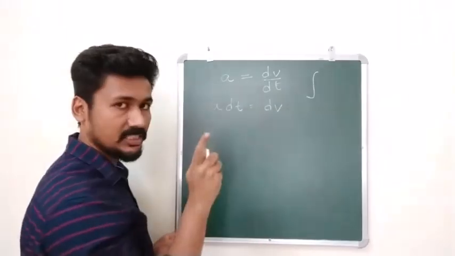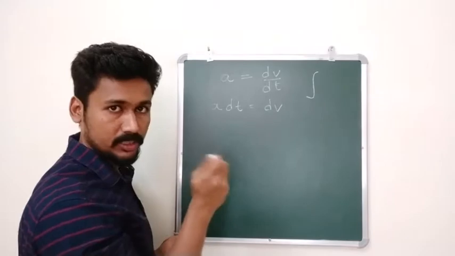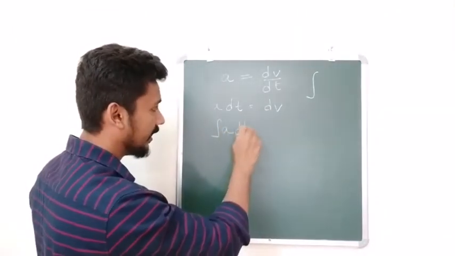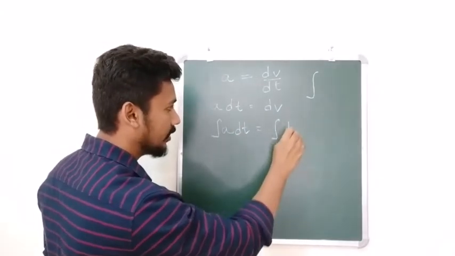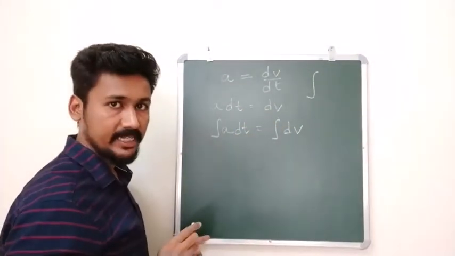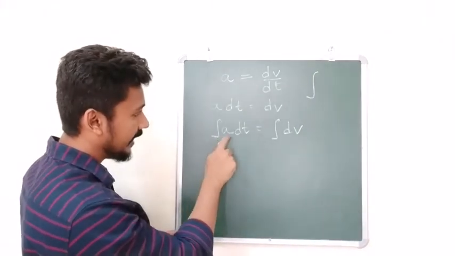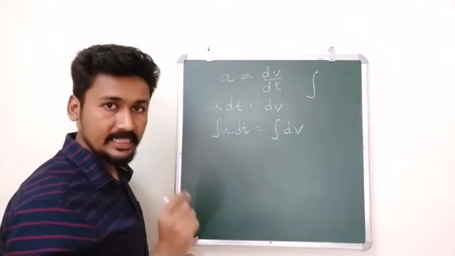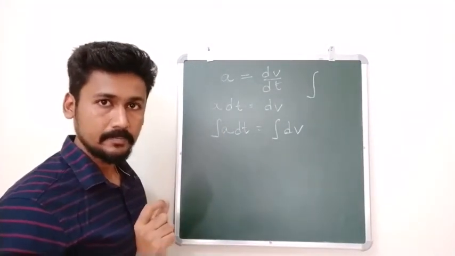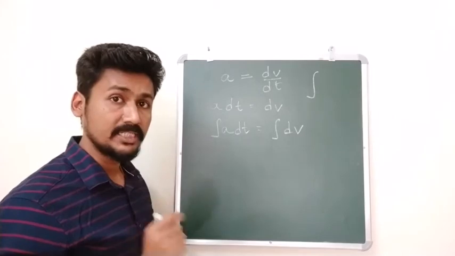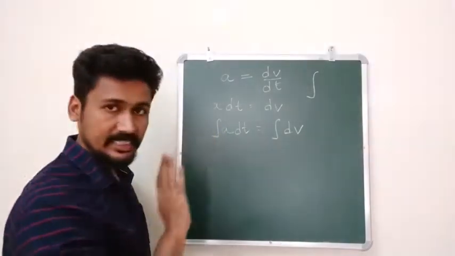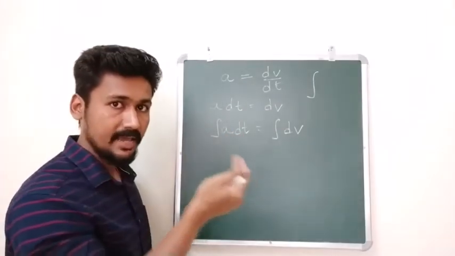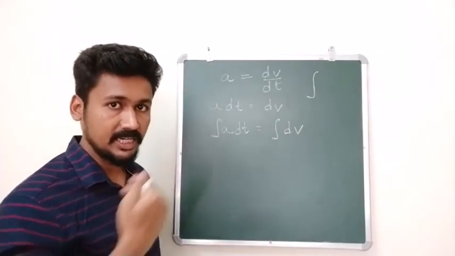So then this equation we will say integrating both sides, we get integral a dt is equal to integral of dv. Fine till here? Now we are integrating a dt equal to integral of dv. Now look at this a. This a represents acceleration, and we are assuming this motion is having uniform acceleration. So acceleration will not change. What will change is this time, because time will have two limits, the initial time and the final time.